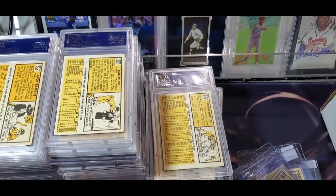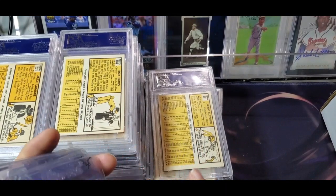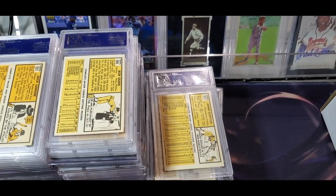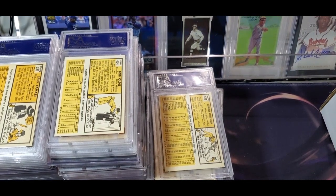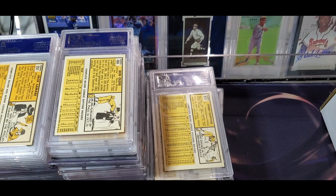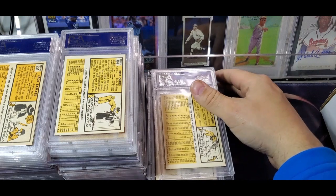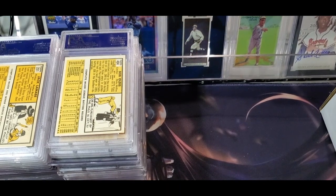All right, so what can companies do, and how can we spur more of this kind of set collecting? Well, I think the radical thing I would suggest first is for Topps to quit making team sets, box sets. Because to me, that's the lazy way of putting together a full set. You just go out and buy the box set, which didn't exist. The first box set came out in 74, and then I think 81 was the next full set that came out. But anyway, those box sets have really hurt set collecting, because why buy the new Topps set when you're just going to get the box set if you're a set collector? So if I was Topps, I would stop the printing of the box sets, the full sets,